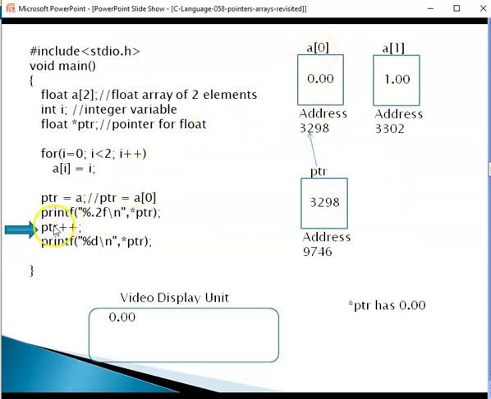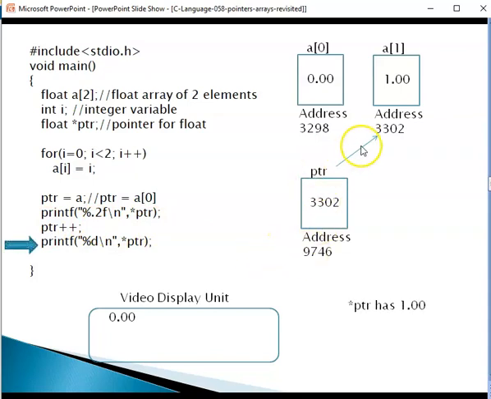Now when the next statement is executed, it is pointer arithmetic. It is not number arithmetic. So when you increment PTR by 1, it will go to the next float address. The next float address is 3302. Let us see what happens when we execute this statement PTR++.